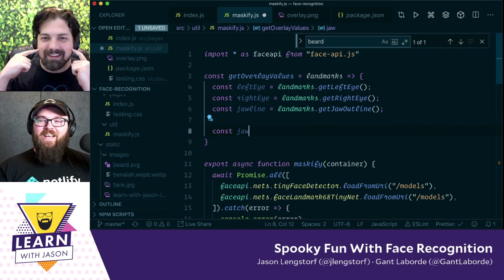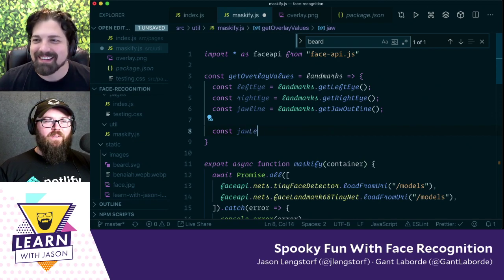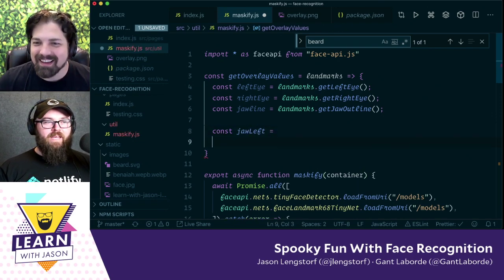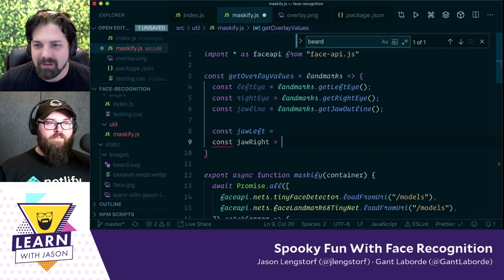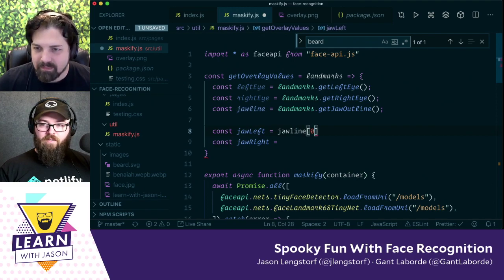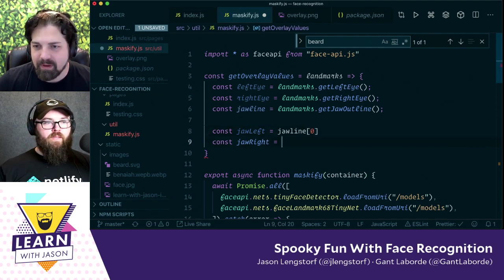So we need the left point, and then we need the right point. The left one's easy. That's just the first point in the jawline. And then the second one is going to be, because the